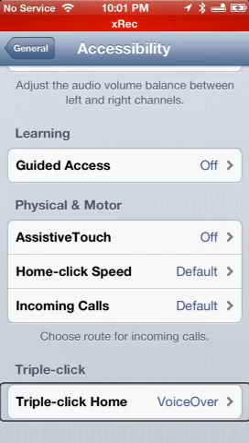You can turn your device on, wait a few seconds, and then hit your home button 3 times quickly, and it should turn VoiceOver on, and you can continue from there. It does work. It works actually quite well. Here's the problem, is that